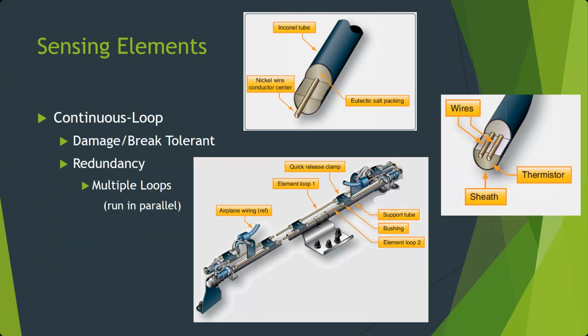However, if a loop does get damaged, say your B loop gets a kink in it and that outer shield is able to touch the wire in there and you've got a constant short, the crew has the ability to say, I only want you to look at the A system. And in that case, then a single loop can cause a fire indication, but you have a higher likelihood of a false alarm. And what that's for, it's dispatchability. It allows us to continue to fly the airplane until we can get it somewhere to get that fixed. Okay. Normal operation, two loops, redundant